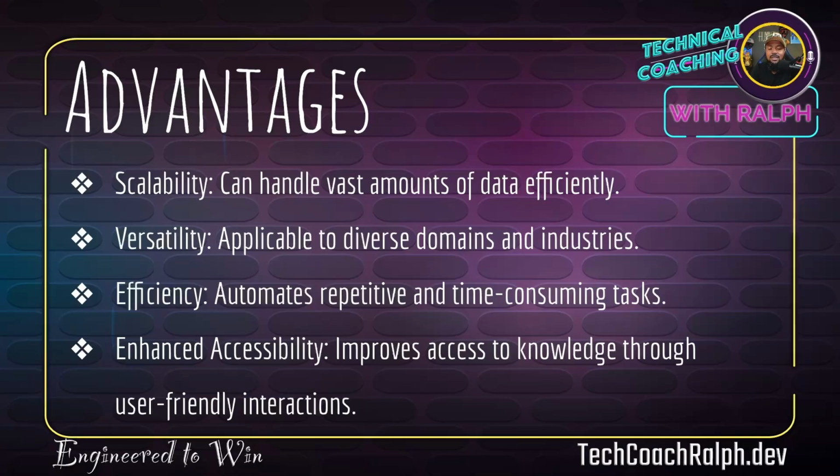Enhanced accessibility. It improves access to knowledge through user-friendly interaction. Something I've done before is ask, hey, can you explain this to me on an 8th grade level? And then it breaks it down to me like I'm an 8th grader, because some concepts you don't really understand since you never had exposure to them. So we might be on a college level in finance, but we are on a 2nd or 3rd grade level in how to build a computer. So it has to explain to us in baby steps. And that's what AI is capable of doing for you.